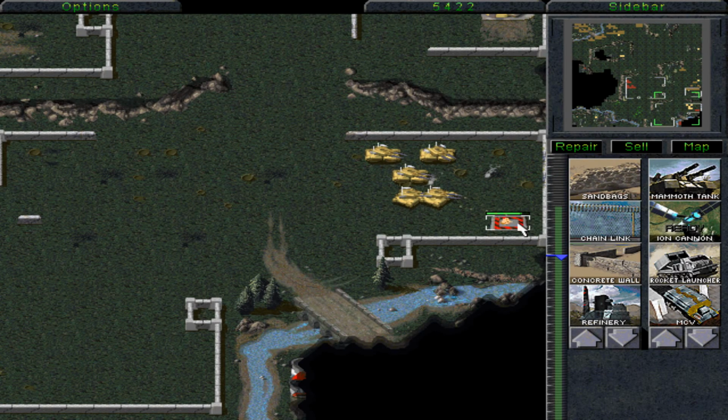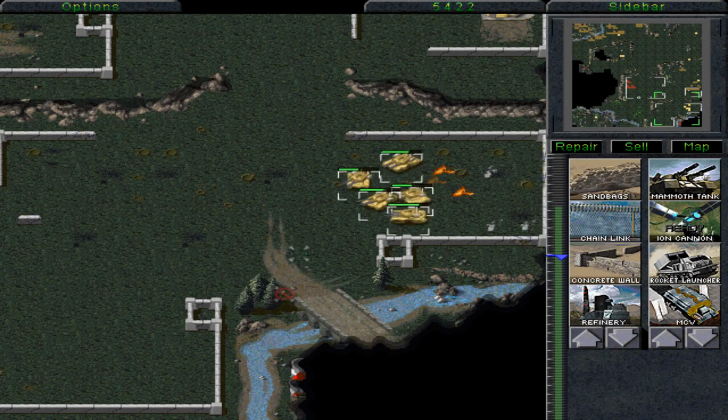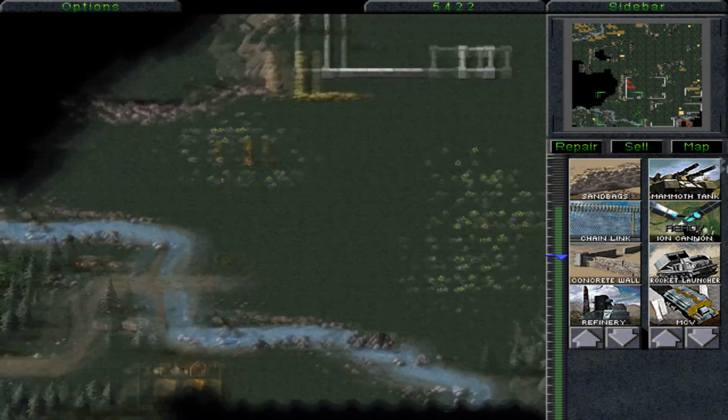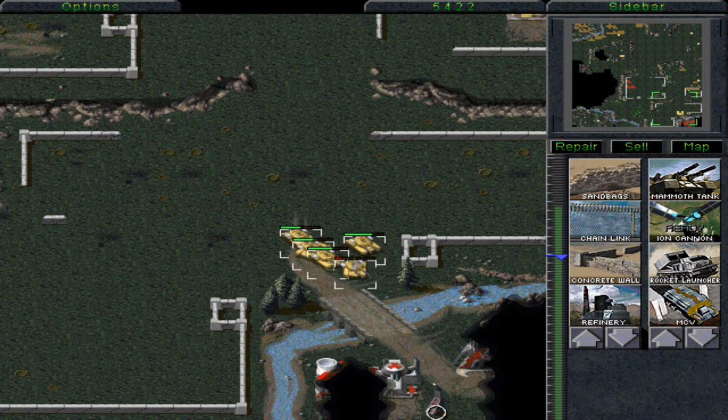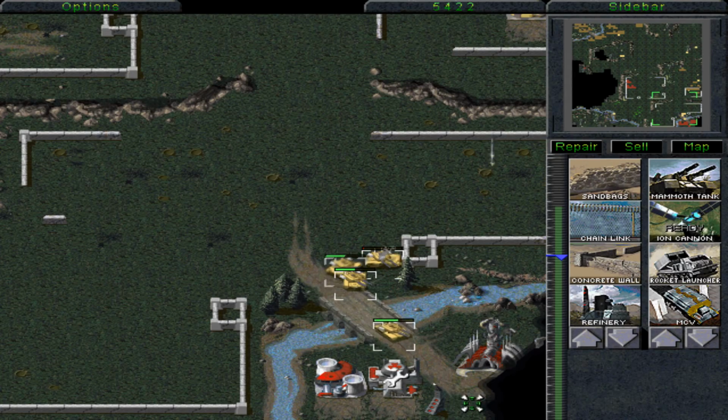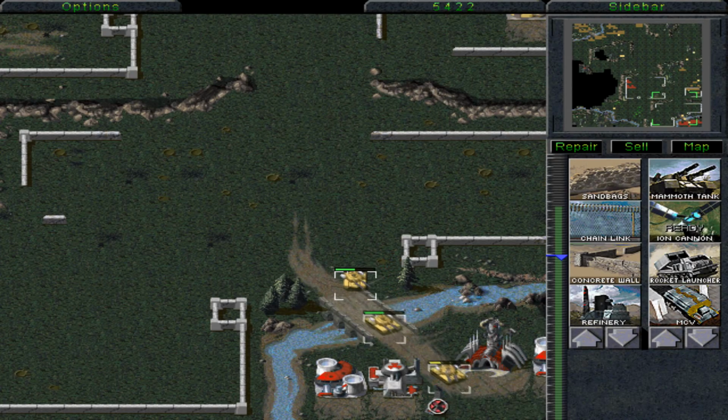So, over that bridge is the remainder of Nod. It is the Temple of Nod, and it is where Kane is hiding. It is where he has been hiding. We've seen him in the cutscene. Now, whoops. That was me accidentally attacking the unit